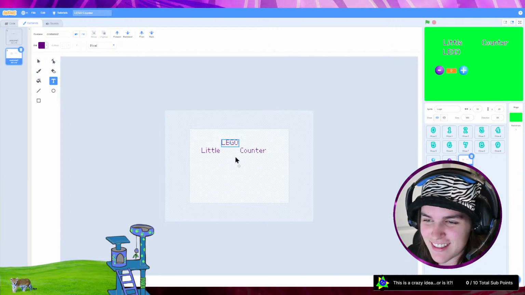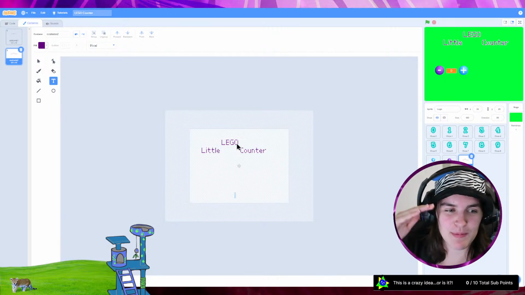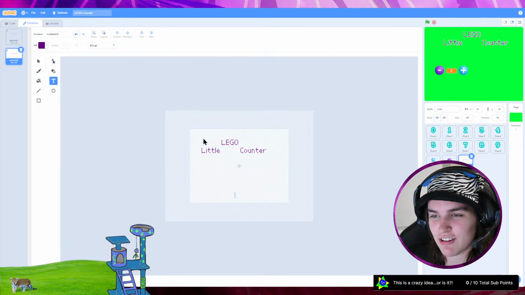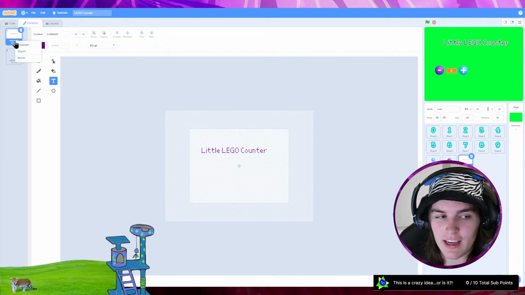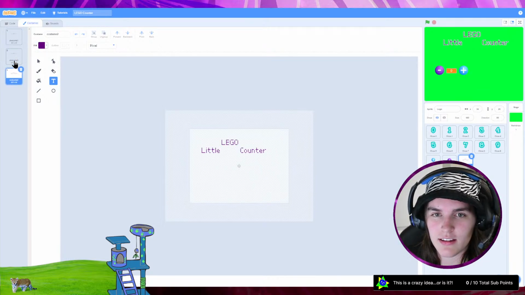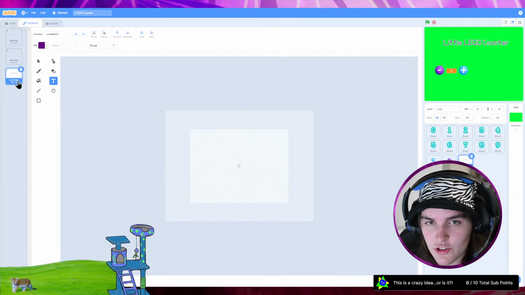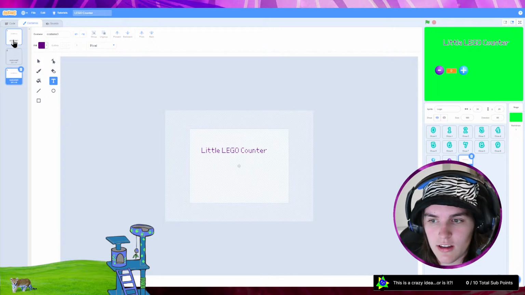This is fantastic. Okay, also, so I want this Lego word to jump up and down, and so my second costume is going to have Lego up at the top, and then I'm just going to duplicate this first costume. So I'm just right-clicking and clicking duplicate. Wait, that didn't duplicate the right one, did it? Oh no, it did. It's this one. So okay, I'm just going to drag this underneath the second one. So this is the first one, this is the second one, and this is the third one.